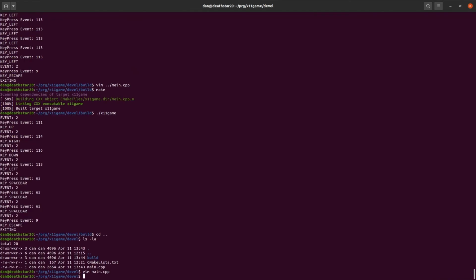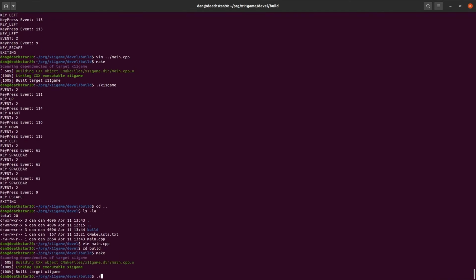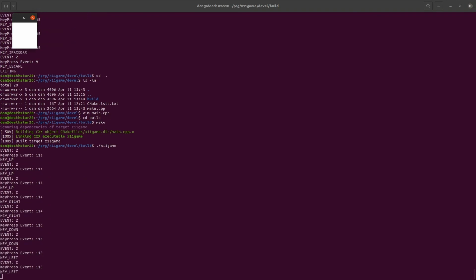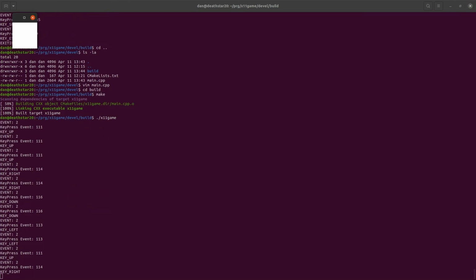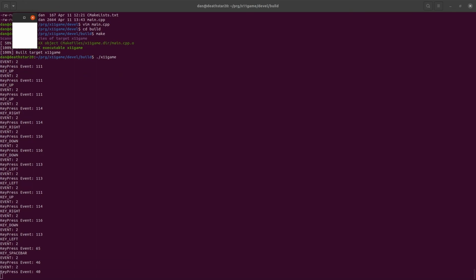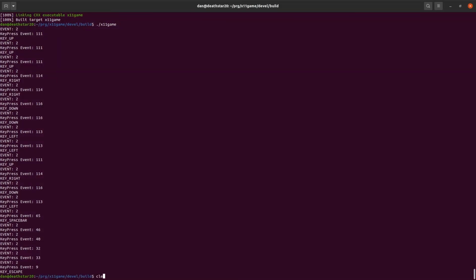All right, let's make sure that still works. Up, right, down, left, and I'm hitting the key multiple times, by the way. Up, right, down, left, spacebar, other keys, and escape. Okay,